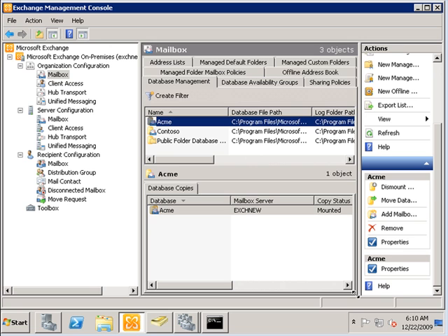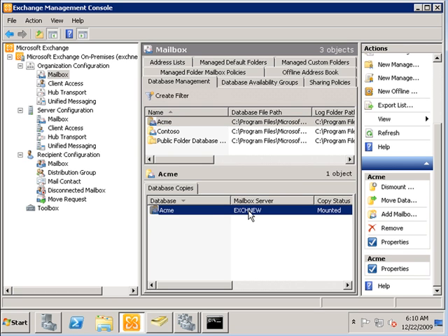So what I have in front of me, I'm in front of the Exchange 2010 machine, and the name of this server is exch new, and it has a database called Acme installed on it. So I've created a user called Jeremy, and Jeremy has his mailbox stored on an